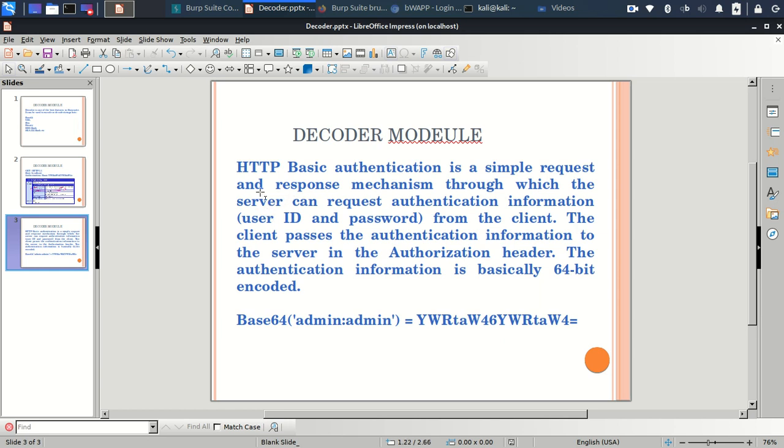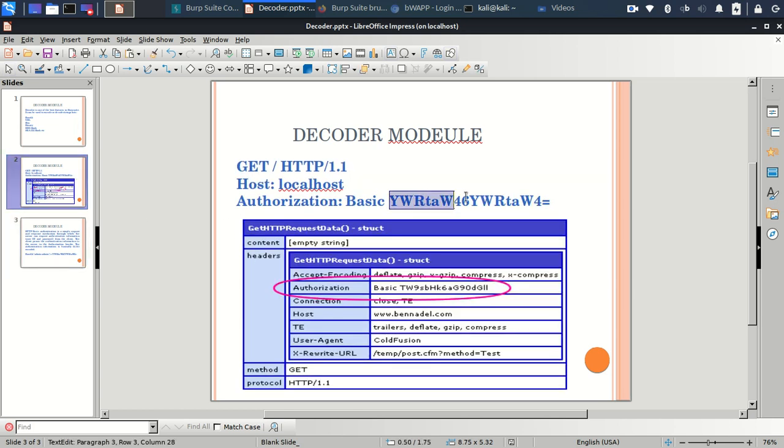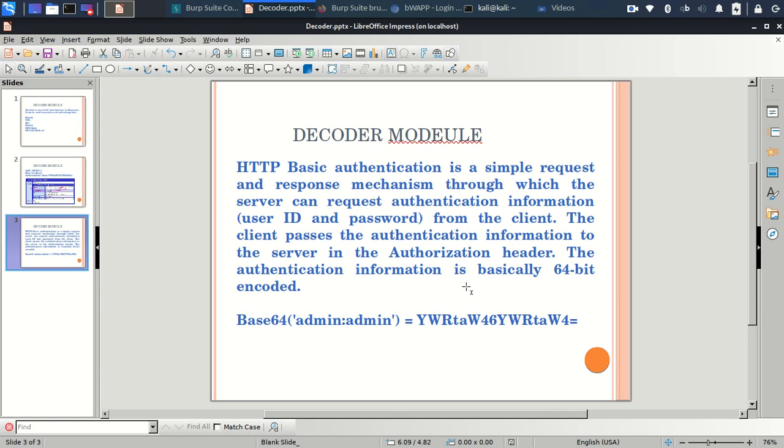It shows that HTTP basic authentication is a simple request and response mechanism through which the server can request authentication information, which is user ID and password, from the client. The client passes this authentication information containing the user ID and password to the server in the authorization header. So this is the authorization header. This authorization header contains a username and password, and the client passes the information to the server.